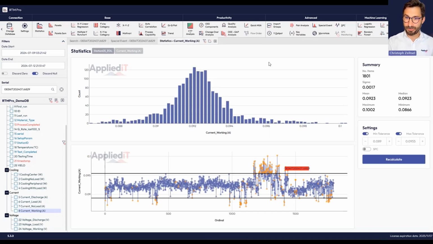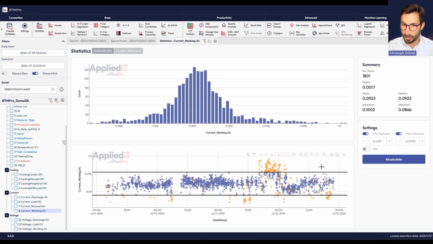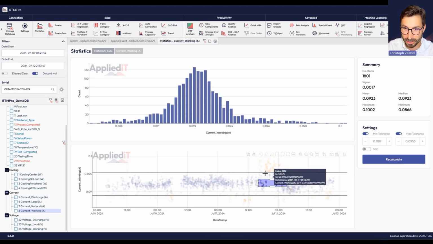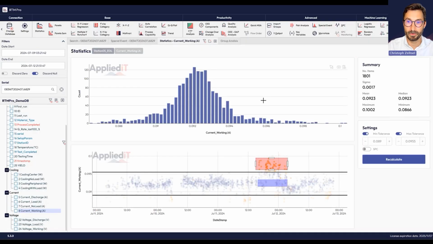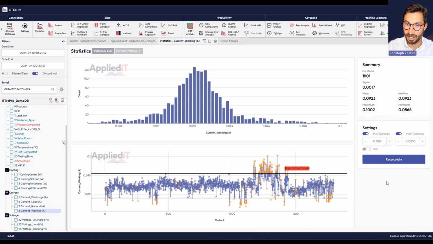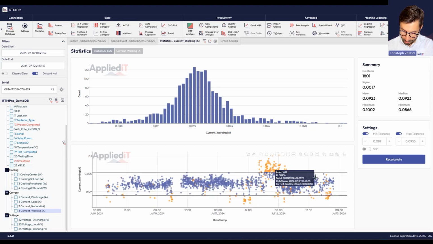There are now a couple of things that we could do. Let's go this way. We could do, for example, a group analysis. We can just select here and say, that's the good stuff again. That's the bad stuff again. And now run some analysis on it. But we've done that before. So let's do something different. In this case, I want to show you